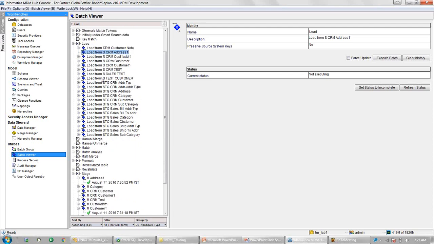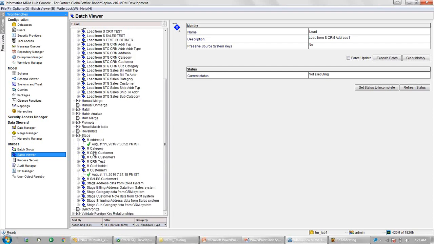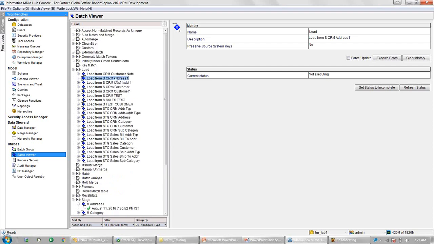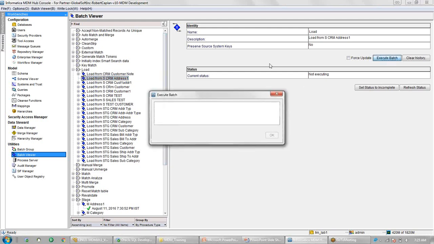In the stage process, the mapping name comes, and in the load process, the staging table name comes. By looking at the staging table name, you can identify the job that I need to run. So I will run this job, load from SCRM address 1, and this will populate the data in my address table.